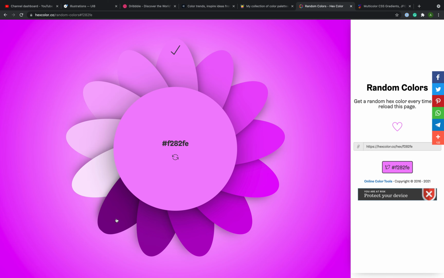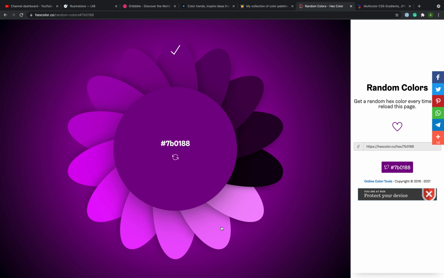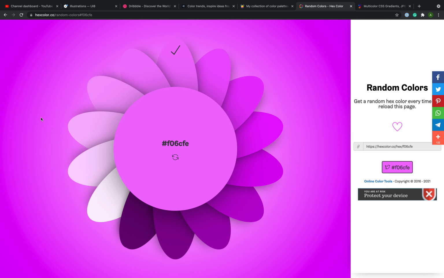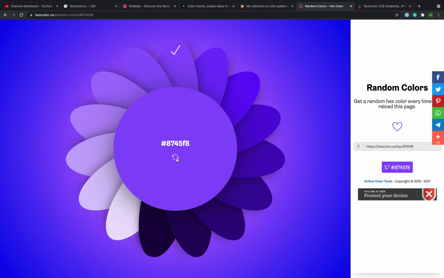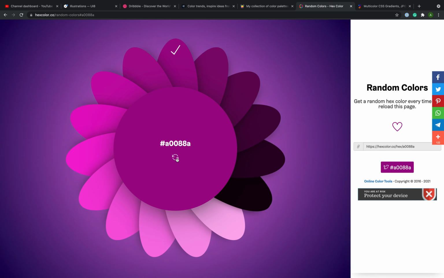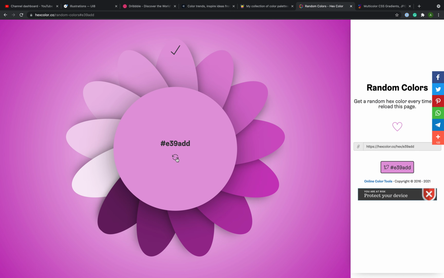When you click on the dark shade here, you have dark shade options for each one color, okay. This is a purple, and in the purple here you have a lot of dark shades. When you click on the light one, you have light shades for a particular color, and when you click on refresh, the color is replaced by another one. If you are using a random color in your website, just use this website. This is really amazing website guys. I personally use this website a lot in my design projects. Just refresh and all the colors are changed. Every refresh you get a new color. You should also use this.